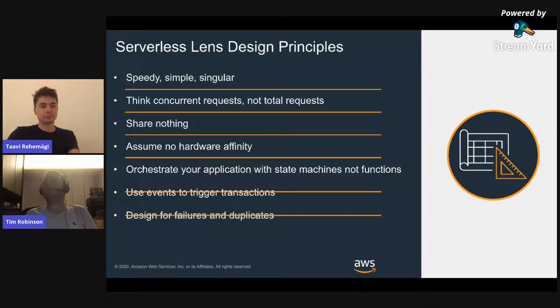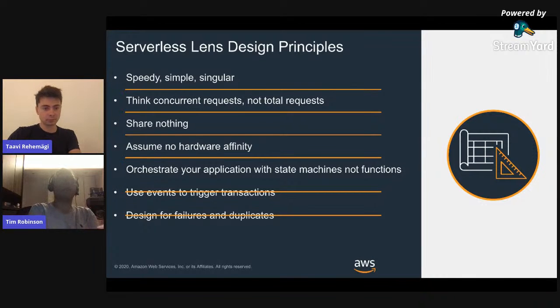Okay, so we've got 7 design principles here. Again, very, very different from the traditional design principles, but we would kind of expect that with the fact that we're dealing with quite a specialist workload. So what do these design principles really mean, and how do these fit into serverless design and really work to form our base design principles for the lens?